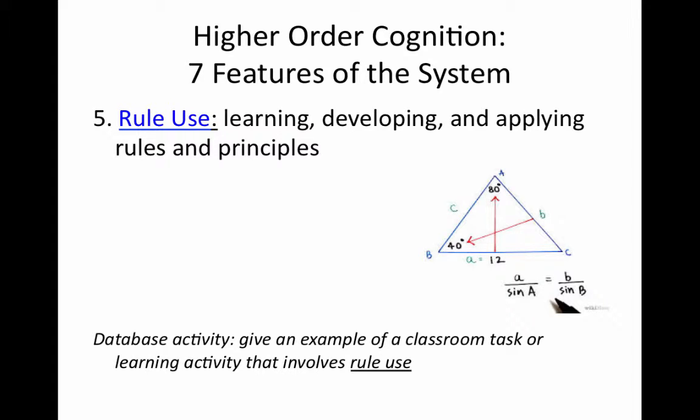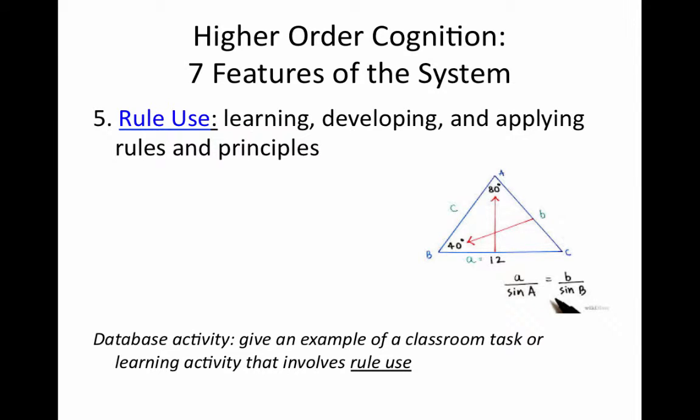All right, next is rule use, which is defined as learning, developing, and applying rules and principles. As mentioned before, it's really important to keep in mind thinking beyond the superficial application of predetermined rules. So rule use in this higher order cognition construct is not simply following the steps of an easily recalled rule, but rather thinking, drawing upon a knowledge of multiple potential rules or generating unique and new rules to address a complex question